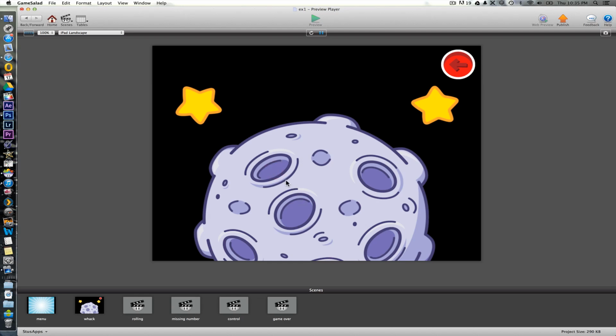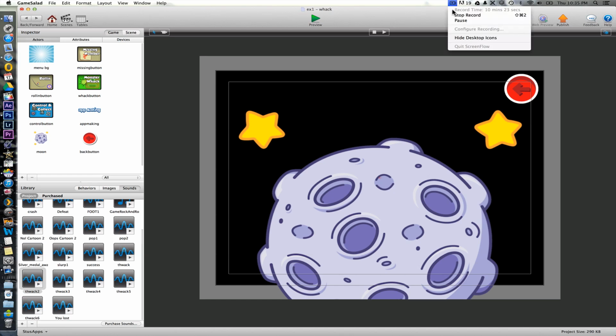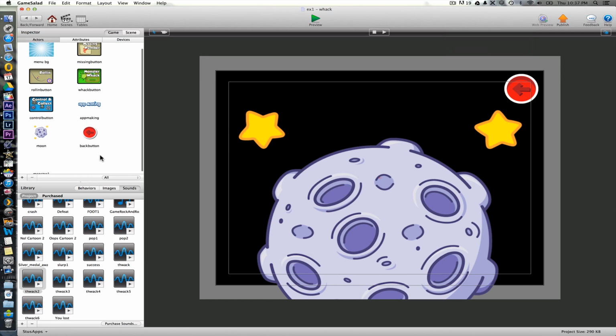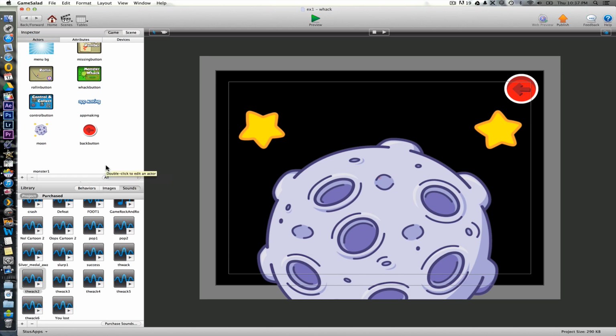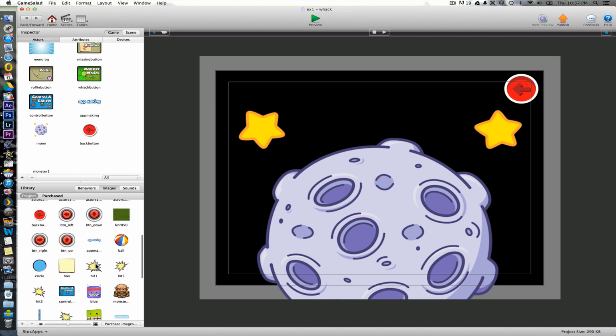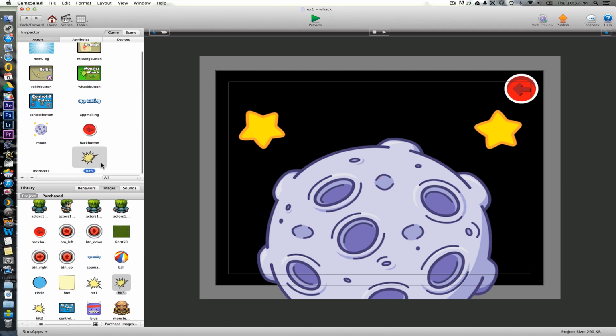Nothing at the moment. And nothing again when it's gone. Okay. So that works, but we want other things to happen as well when you actually touch this one. First thing we want is a little graphic to appear on top so that you can see that you've actually touched it. So for that here we've got these hit ones here. So if I just choose one of these and place it in here as a new actor,